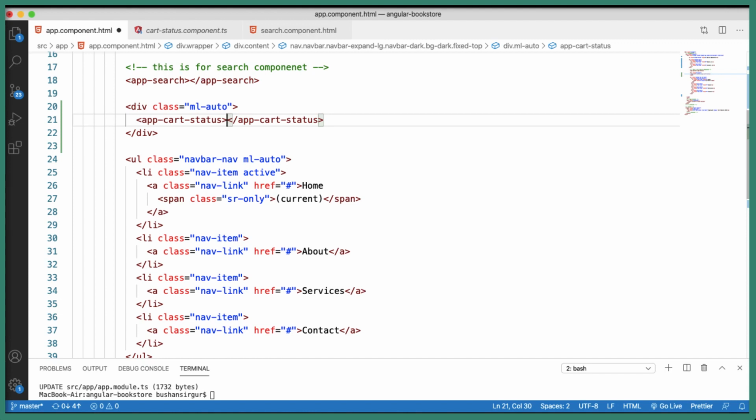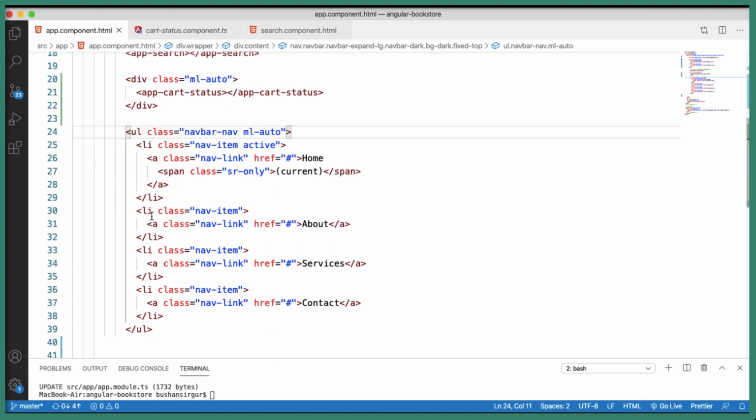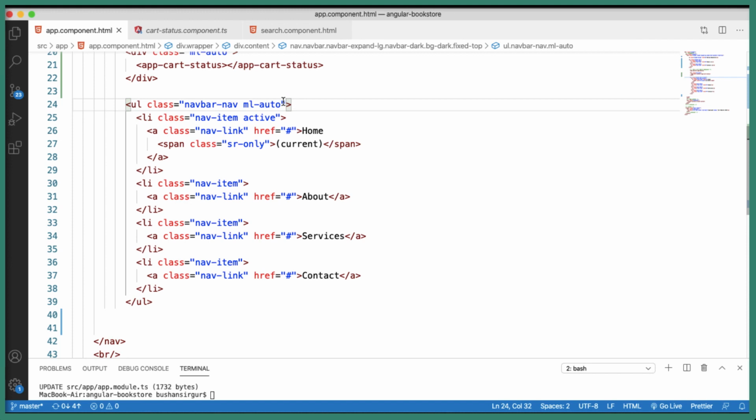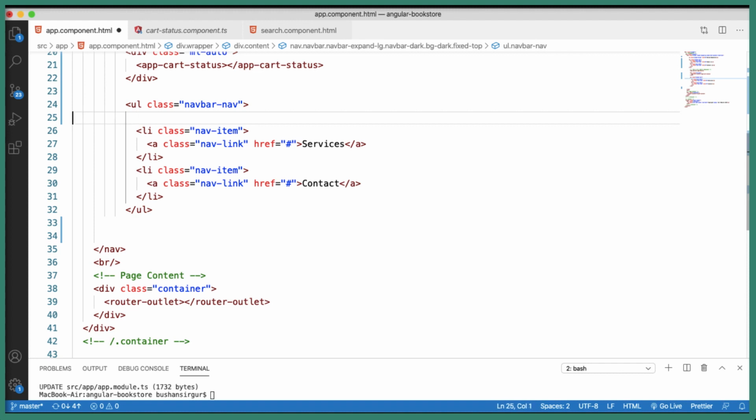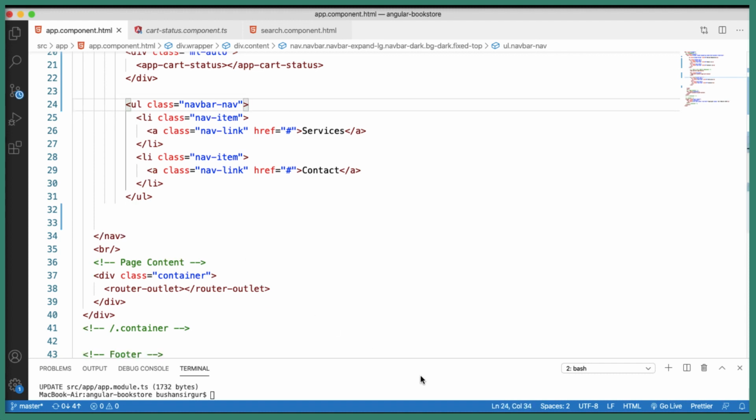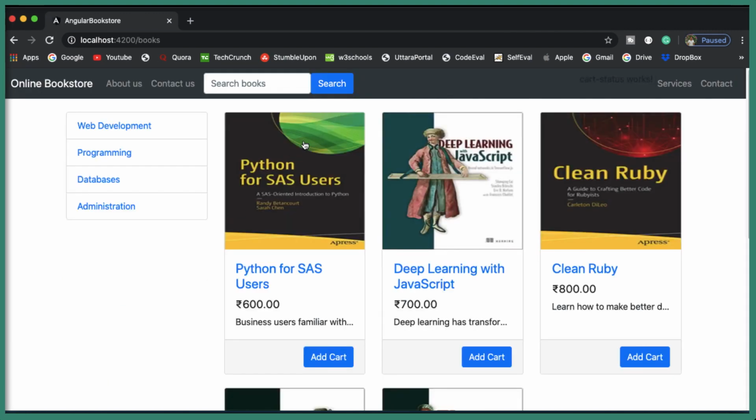So now we have the selector, and now I'm going to get rid of these list items. Before that, let me remove the margin-left auto. Let me get rid of the first two list items. Let's save this, and if you take a look at the browser, this is how it looks, and you can see now the cart status text which is displaying in the navigation bar. Okay, so this is fine. In the next video, we're going to add a status to our application, cart status to our application. That is coming up in the next video.